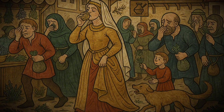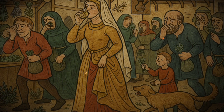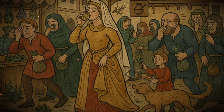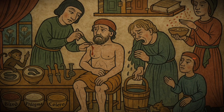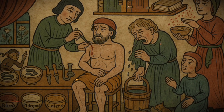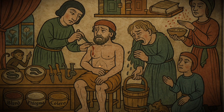Enter the miasma theory. This brilliant little hypothesis suggested that diseases were caused by bad air. Yes, according to centuries of learned men in robes and weird hats, if something smelled terrible, it could kill you. Which, to be fair, is how most people still feel when someone microwaves fish in the office. But in the medieval mind, the stench wasn't a warning sign. It was the Grim Reaper itself,